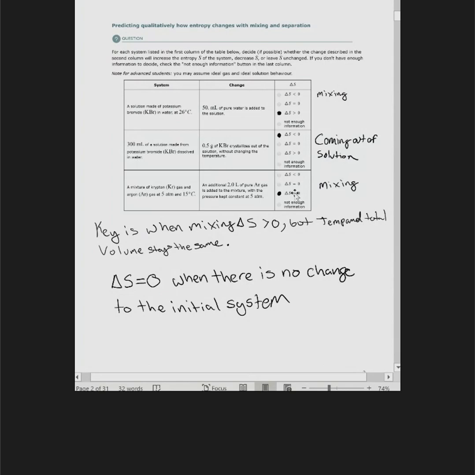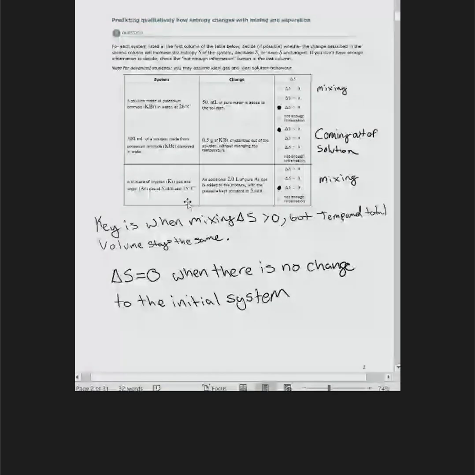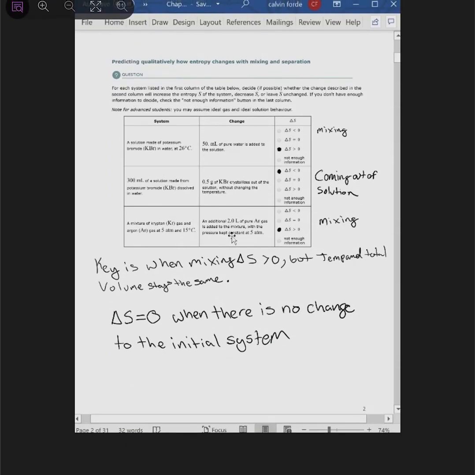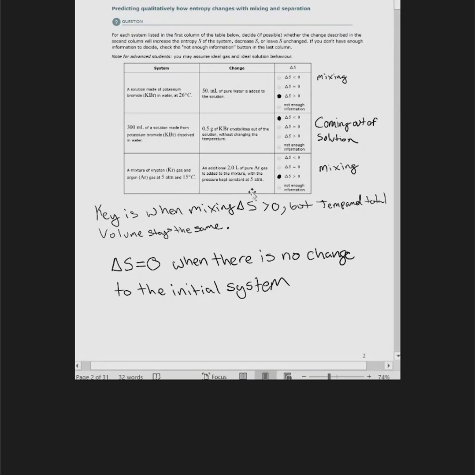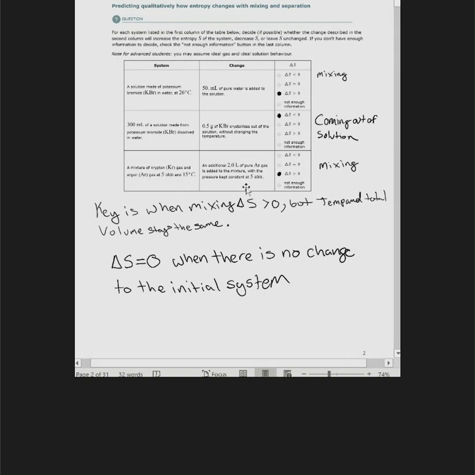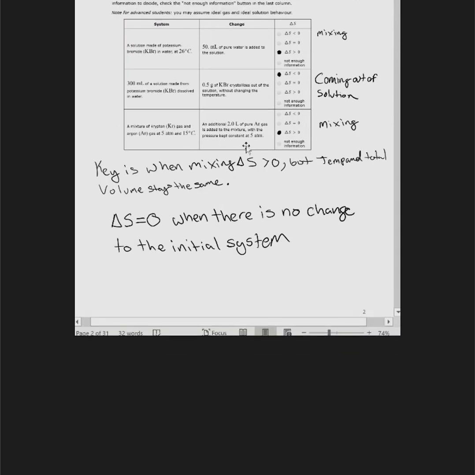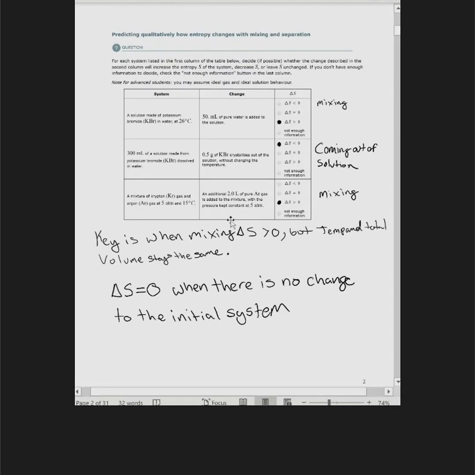Right? So then the next one, a mixture of krypton gas and argon gas at 5 atm and 15 degrees centigrade. An additional 2 liters of pure argon gas is added to the mixture with the pressure kept constant at 5 atm. So in this case, what's happening is, since you've added more argon,